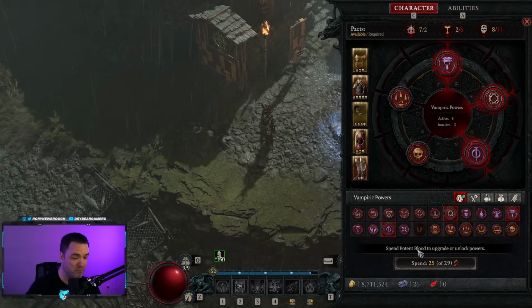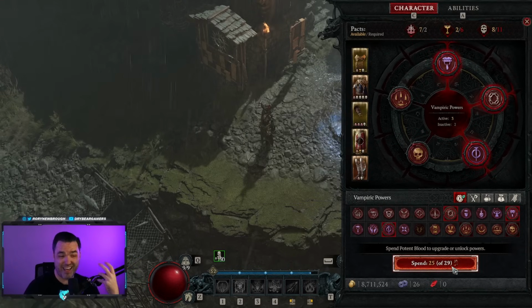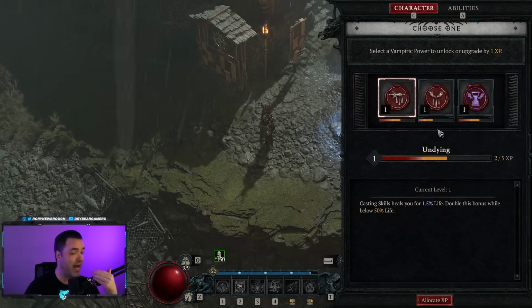And you collect potent blood from several sources. And one of the best sources is doing the Blood Harvests. This is how you unlock most of your vampiric powers and how you level them up as well. So you want to be collecting potent blood all throughout the season and then spend it by activating this button